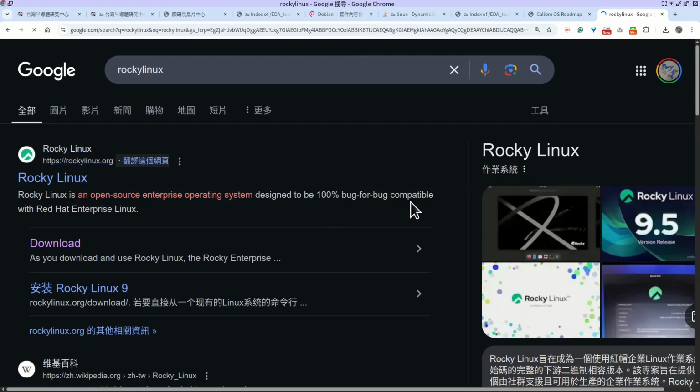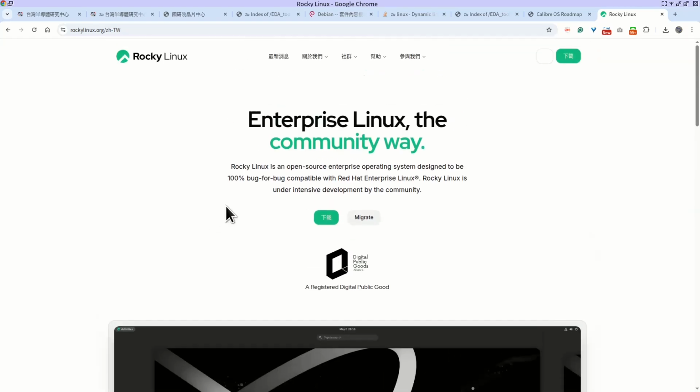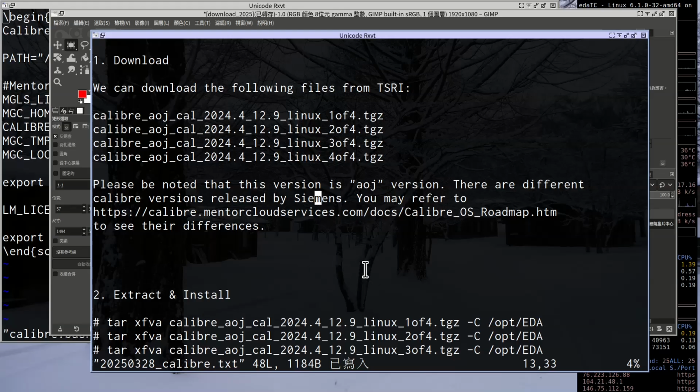You can still download Rocky Linux to install the system. But like I said, I prefer Debian. So I will tell you how to use Debian to install all the environment. I use Debian on different machines, including this machine, my laptop. My laptop is also using Debian Linux. Okay, I use Debian Linux only.